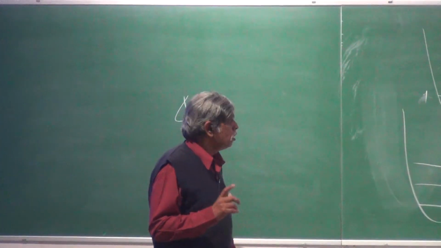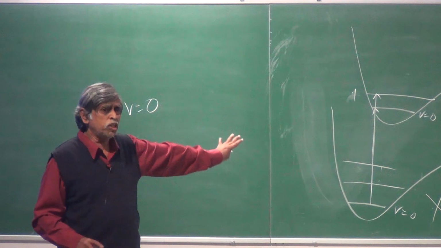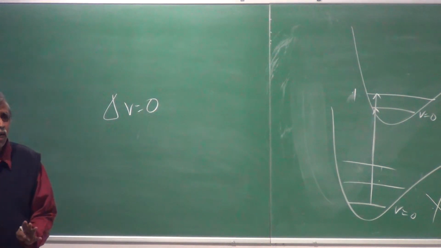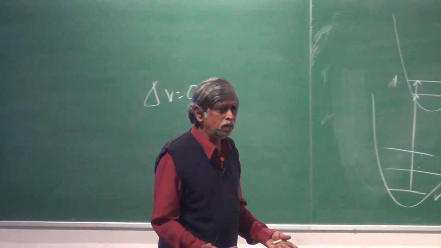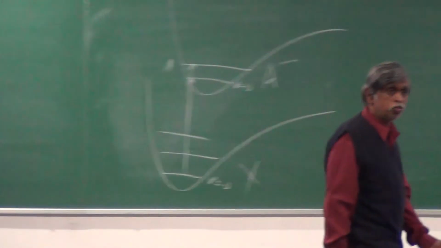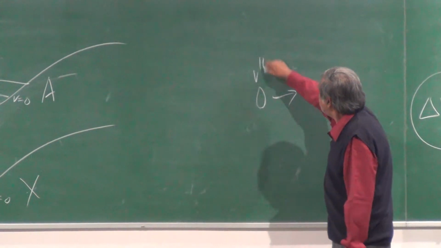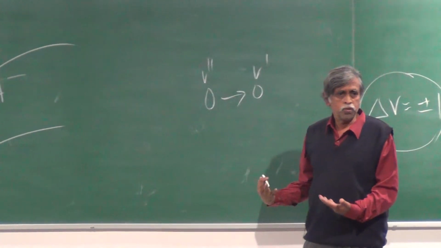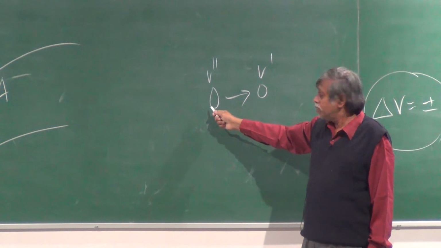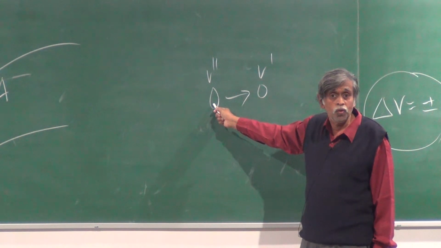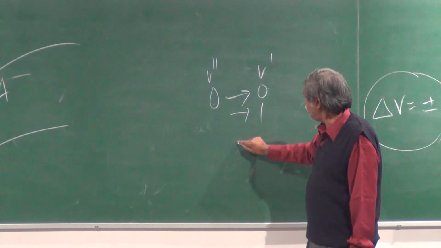That's the question. By the end of the class, we will look at the quantum mechanical picture, but this is the question that plagued most people at that point in time. Because when they actually did the experiment, there seemed to be no method in the madness. Because some molecules, you will see transitions going from 0 to 0, meaning this is V double prime, this is V prime. This is an absorption process. So I am going from the lower state to the upper state. There were molecules which showed that from the lower state of V double prime equal to 0, you are going to V prime equal to 0, 1 and 2